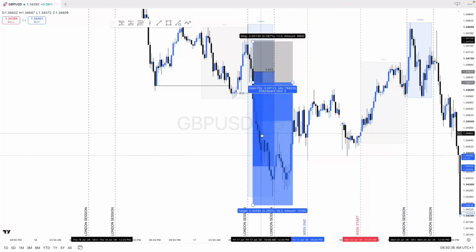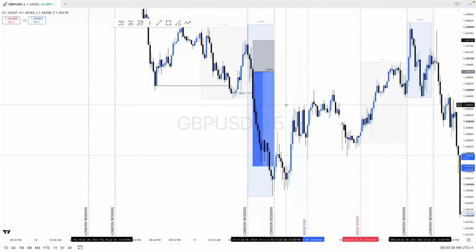So to me, it wasn't worth it. But I'm going to obviously keep collecting data, see how many trades hit TP by hitting the limit,